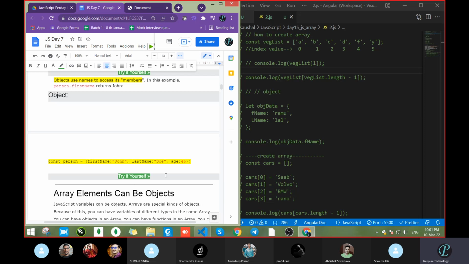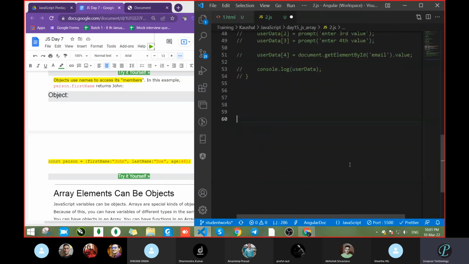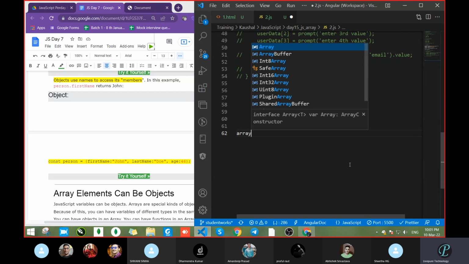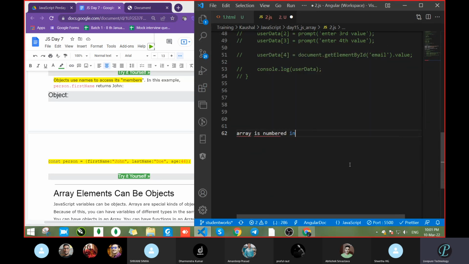An object is a key and value pair of data, but in an array there is no key. One common word I am telling you: an array is a numbered index.